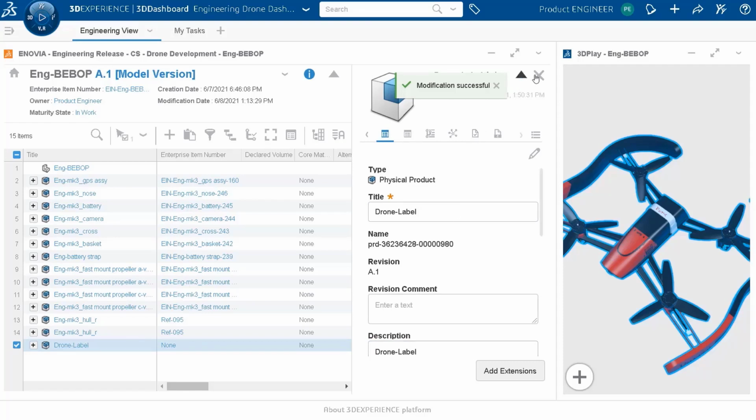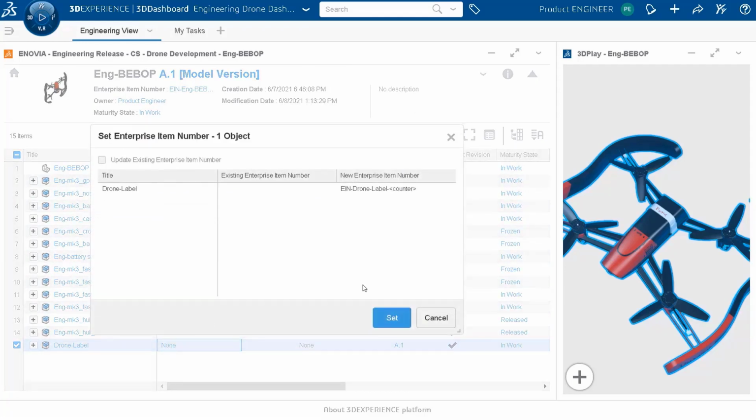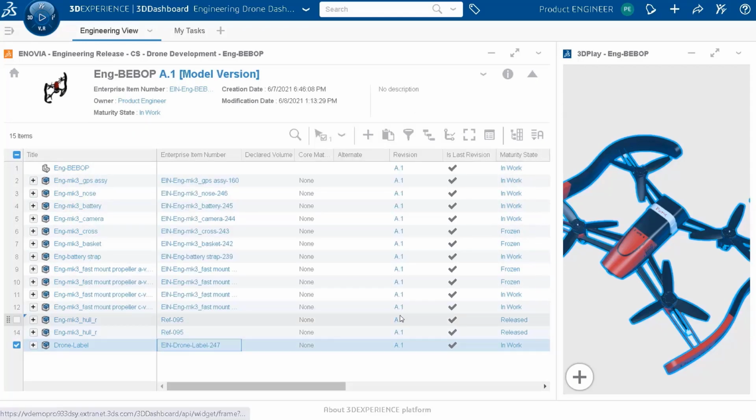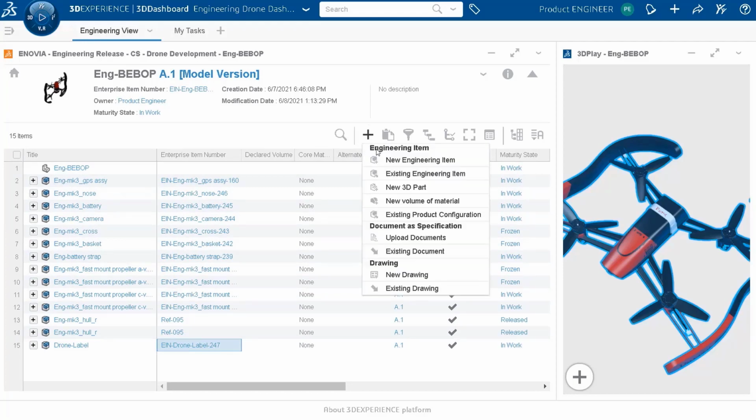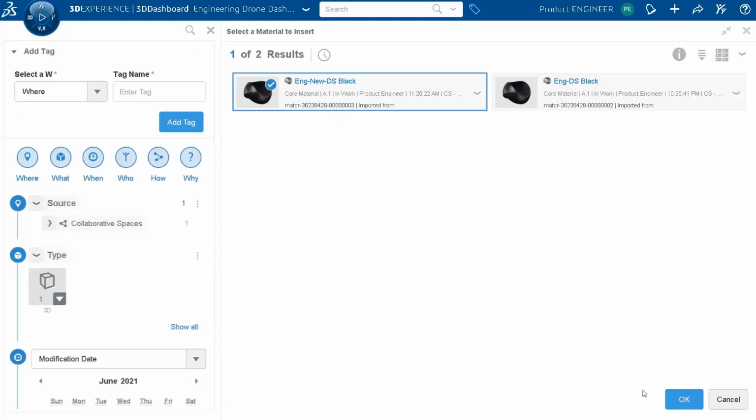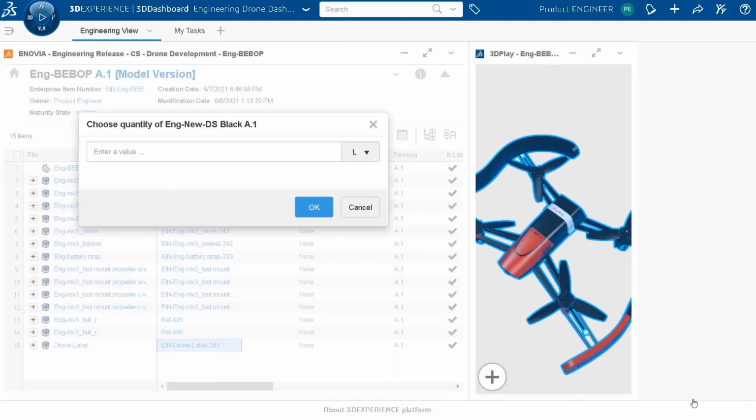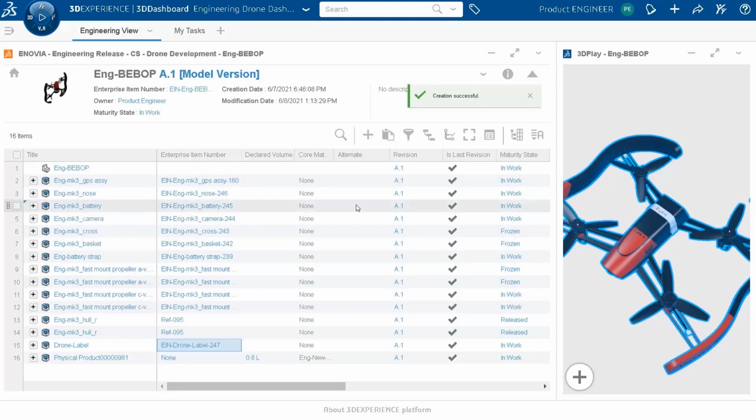Another capability in this widget is the ability to create an enterprise item number, which is the official item number in the organization. With one click, I can automatically generate this enterprise item number. I can also create engineering items which will represent the consumption of core material. For example, if I have an oil quantity which I want to add as part of the engineering definition, I can use this capability. I'm adding here an oil, for example,